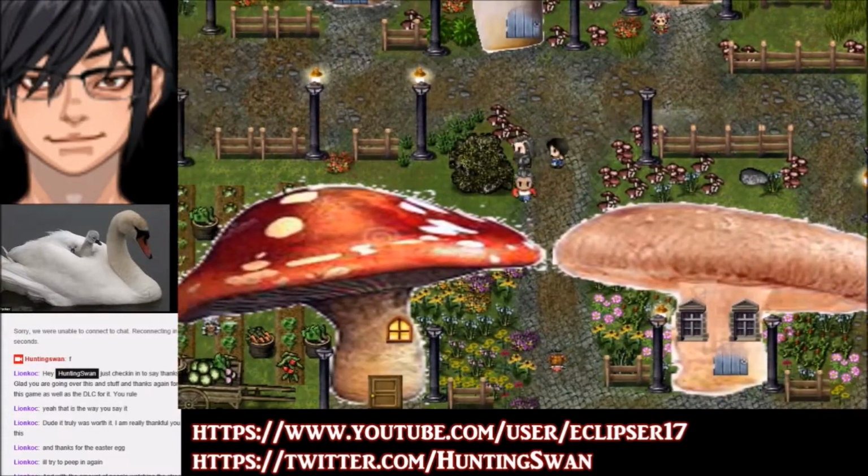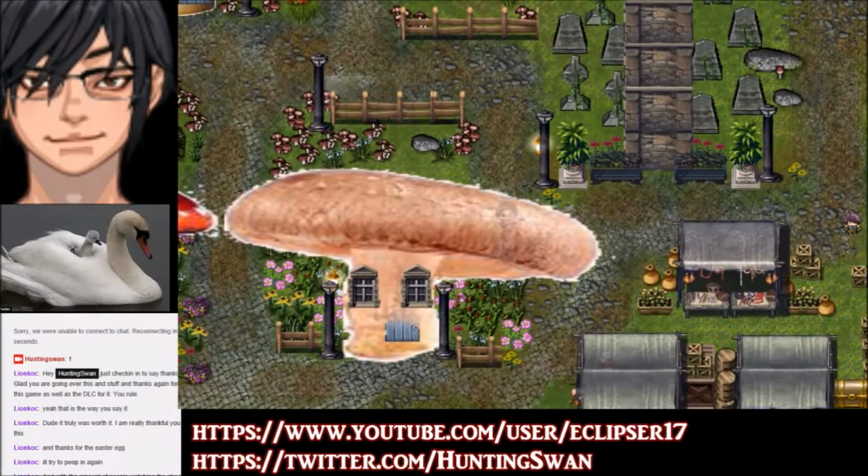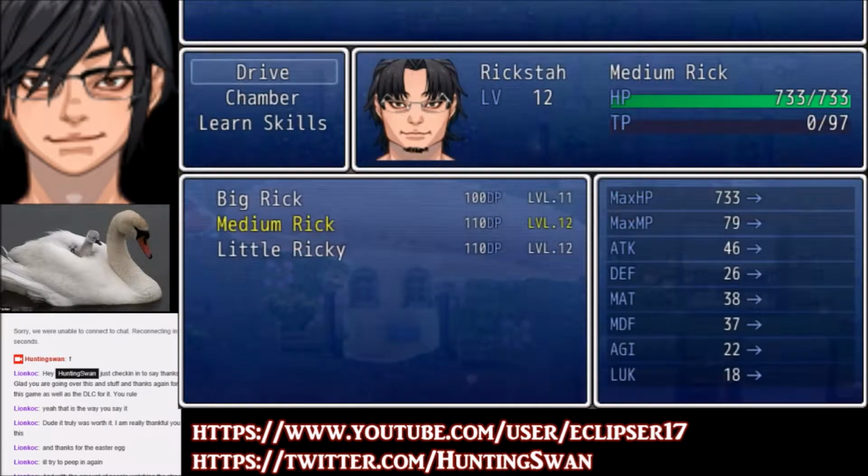So now we've got our full party, our 3-person party. I want to see how I'm going to configure this party. So Rixta has got 3 drives, just like Ripinaris, and his 3 drives are all based on his